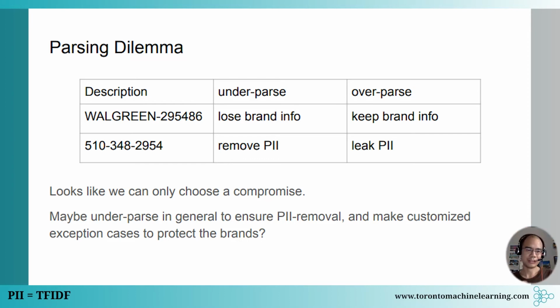And whenever we're in this situation, usually people just say, okay, we need to compromise a little bit because maybe PII is more important. We cannot tolerate this. We'll go with that as the standard way, and then try to add some customized rules to save this. And if that were the case, I won't be here talking about it. I'm a theoretical physicist. I like general and simple solutions. And there is one here.